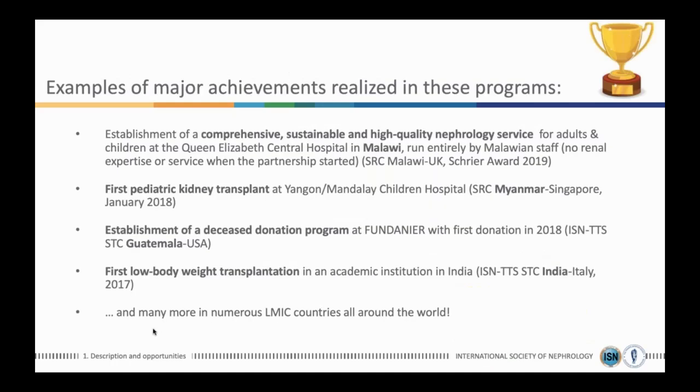It's important perhaps to think of some of the past partnerships that have been very successful, just to get an idea of the types of activities that are entertained for the sister centres. There's a couple on this slide. The first one in particular has been a very successful collaboration between the Queen Elizabeth Central Hospital in Malawi and